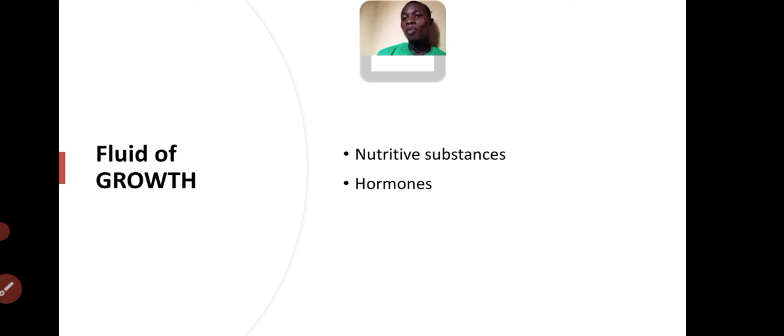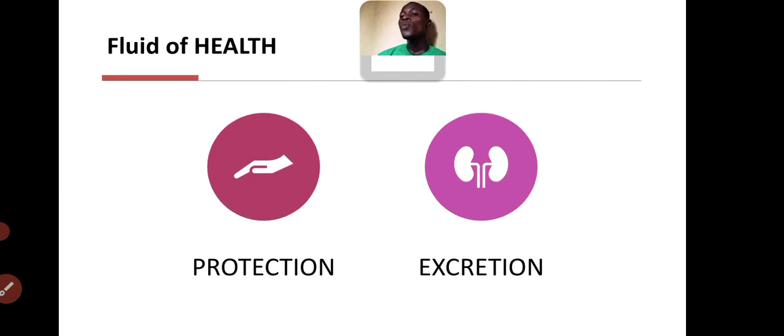So blood circulates nutrients, food, into every portion of our body. So that is the reason why blood is a fluid of growth, a fluid of health. There are two main important things we are going to look at here: protection and excretion. Our white blood cells, suspended within the blood, protect us from microbes or pathogens that invade